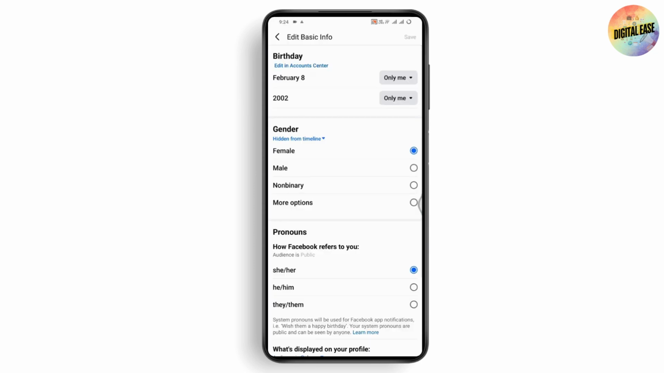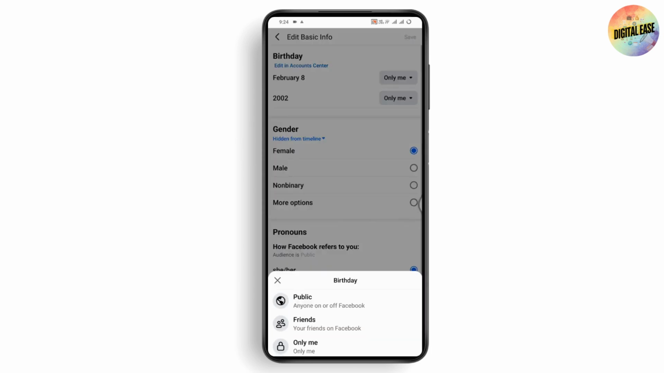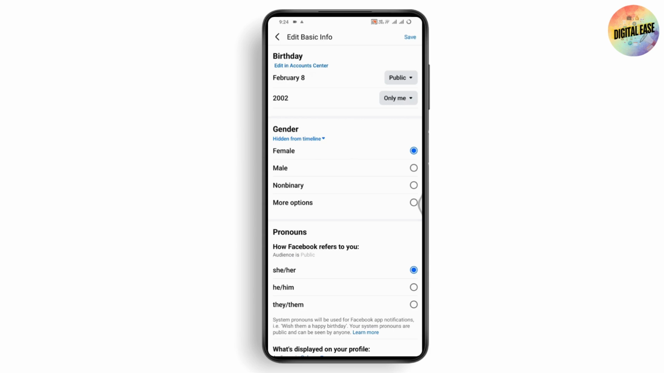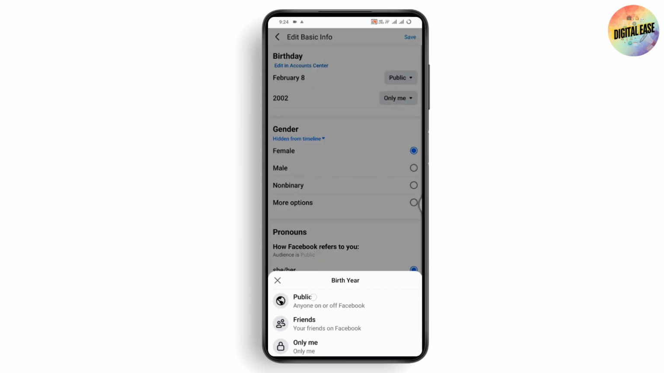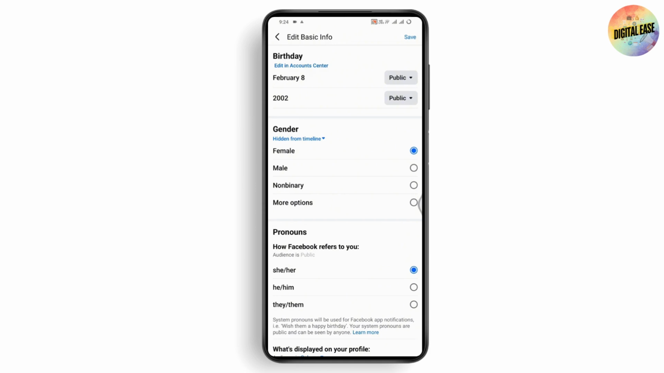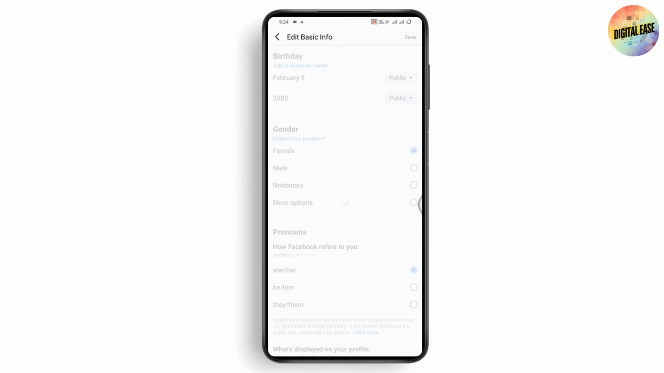Under your basic info, you need to go with your birthday, go to the right side drop down, tap on the drop down and then select public. And again tap on the drop down and public. That's it. Now you can go with save, which is on the top right, and your birthday has been